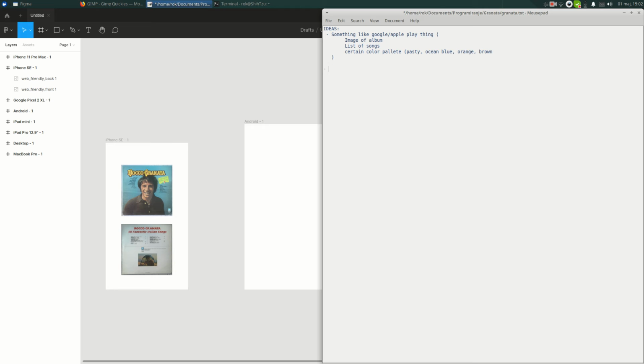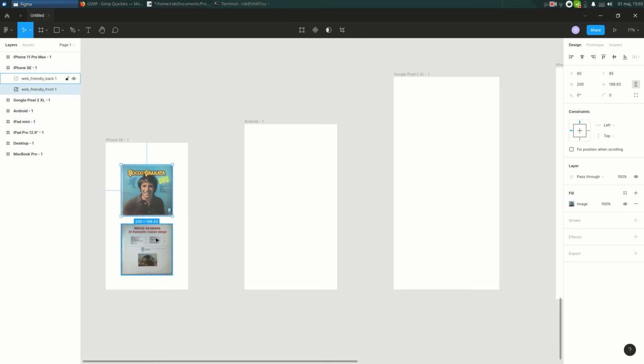Then another idea which is kind of actually similar with this Google Play thing, that front image of album is rotated, you know, so basically this then rotates into this and then back into this. But right now when I'm speaking aloud of it, I think that wouldn't be so good for me